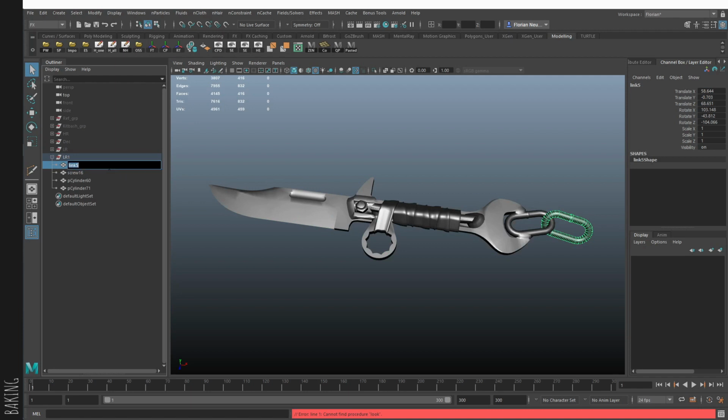So we want to start off with, let's say this one is the link low. Marmoset needs us to put an underscore low at the end so it knows it's a low poly. We're going to call this one knife low. We're going to call this one